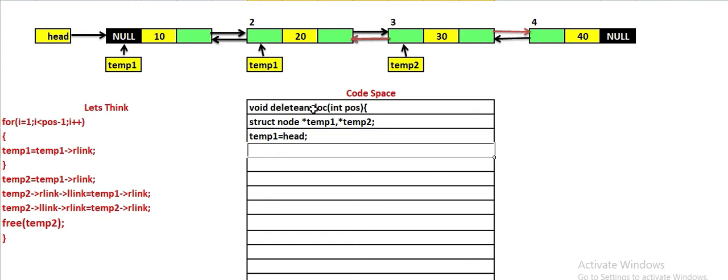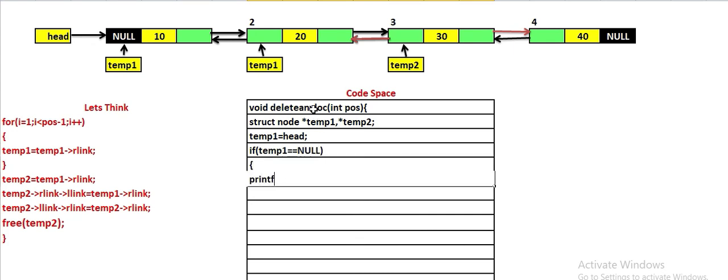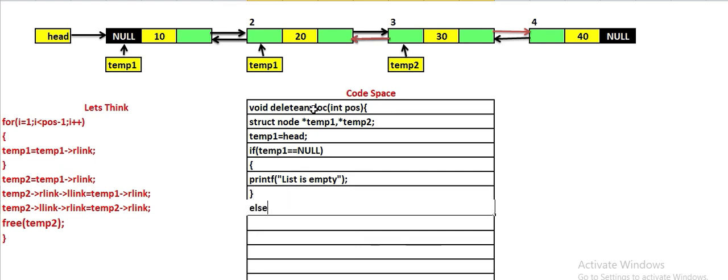Okay, next we have to check if temp1 is equal to null, when there is no node, printf list is empty, deletion is not possible. Okay, and else what you need to do